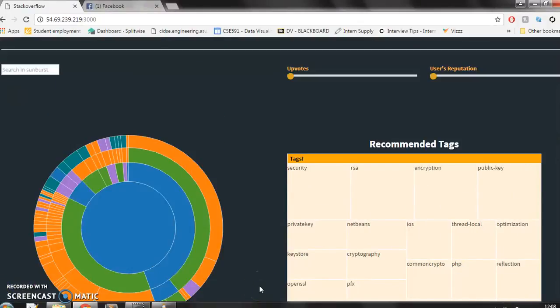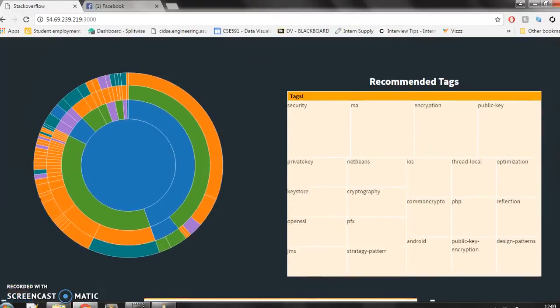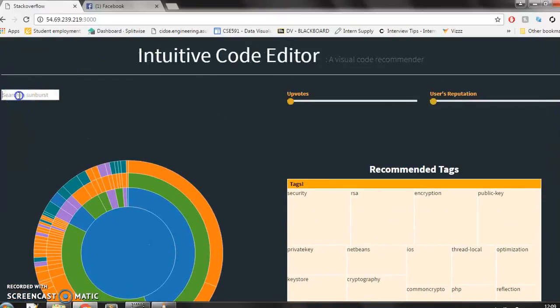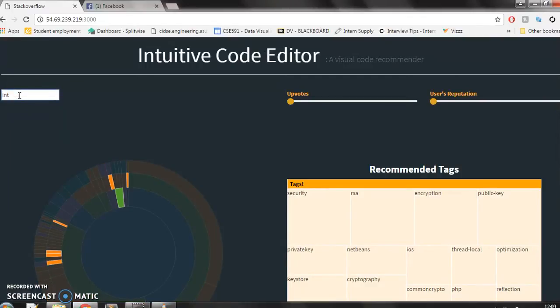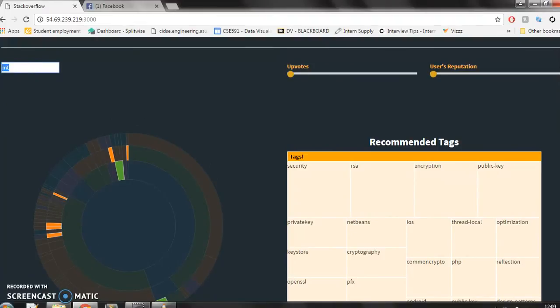We also have a text filter for Sunburst, wherein the user will be able to search if a particular word is present in the Sunburst or not. For example, let's say that I have typed public here and this is the Sunburst, and I want to know if I would be able to type the word int, because I don't know if it is correct or not. So if I just search for int, I would be able to see that int is less preferred by other coders. And for example, if I type say public class, this could be shown here in the Sunburst.